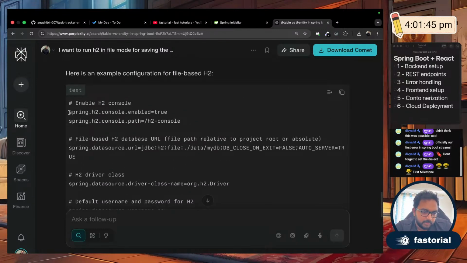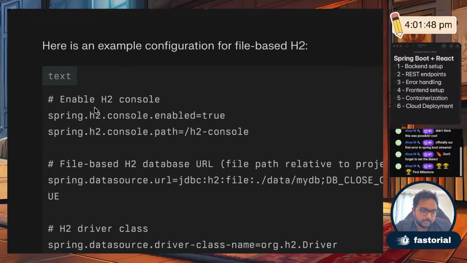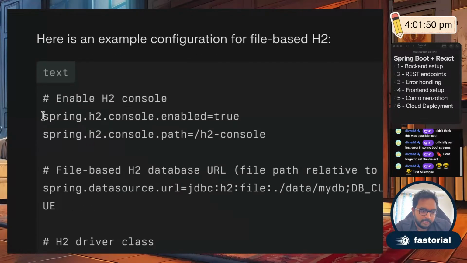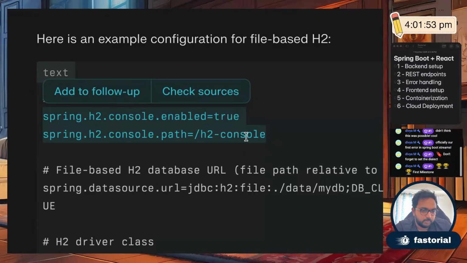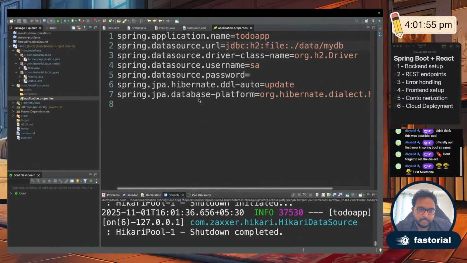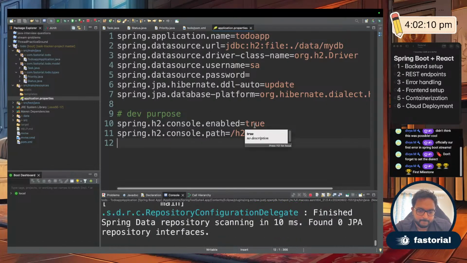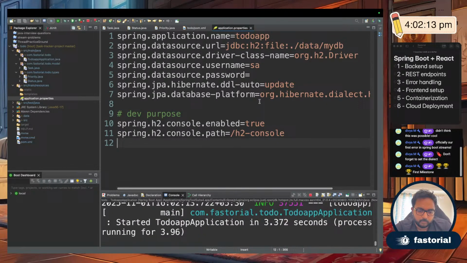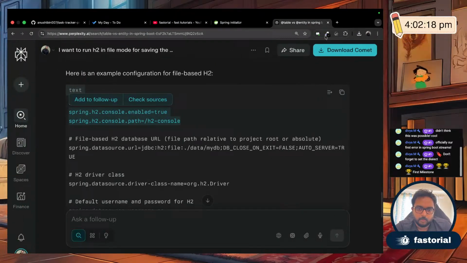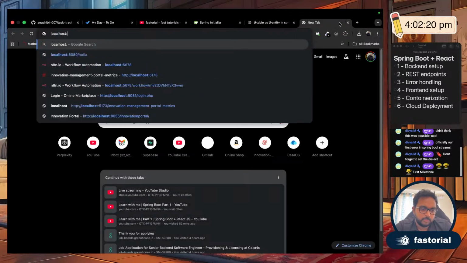So you see there is this enable H2 console option, right? What this does is you can actually check what is there in your database using this console. So I'll copy this and enable that also. This is only for dev purposes, so all the dev purpose flags I'll keep at the end. And let me run it again. The application started. So let me copy this, go to my browser and go to localhost 8080